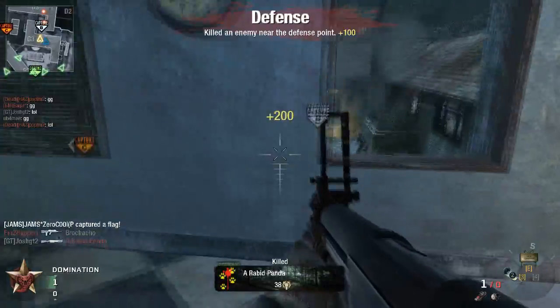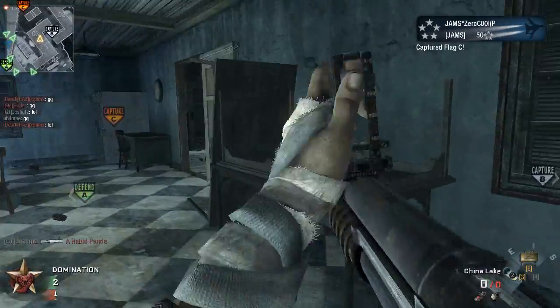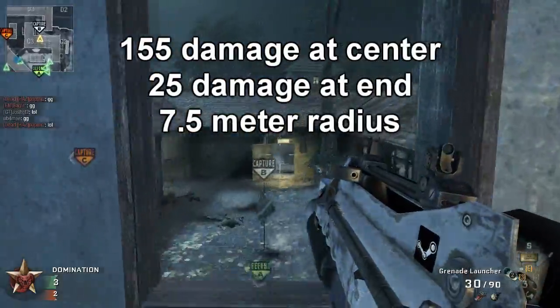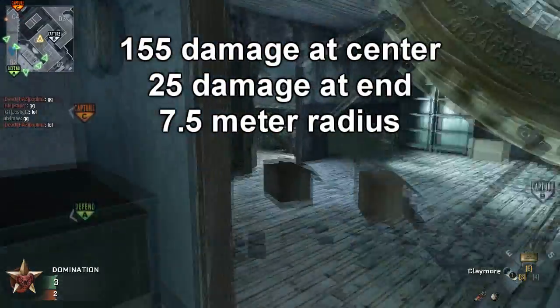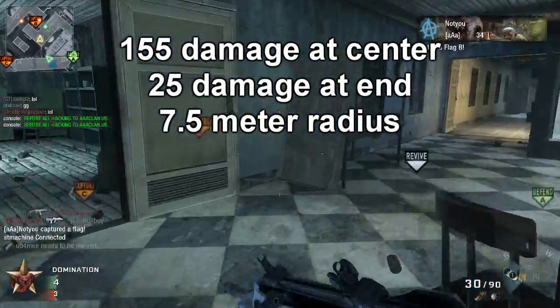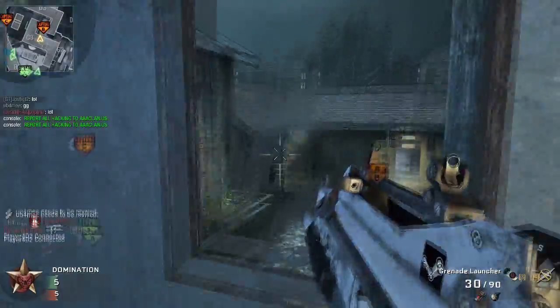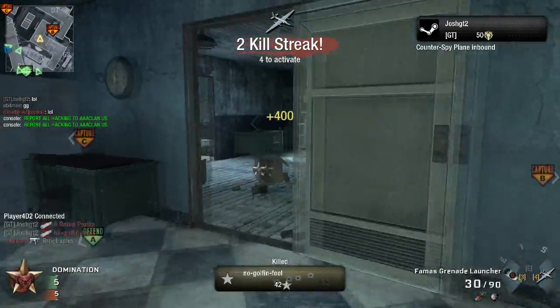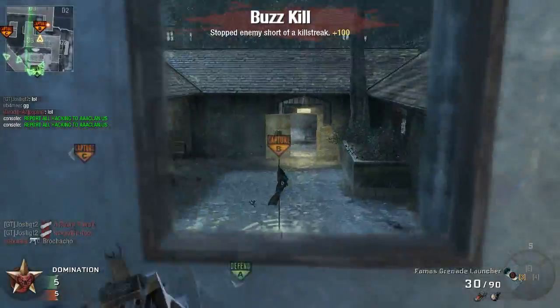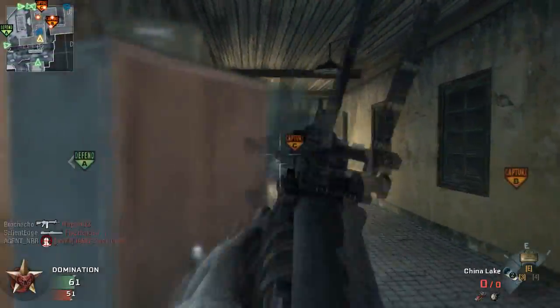Last but not least, let's talk about the China Lake. Damage-wise, it is exactly identical to the undermount grenade launcher. It has 155 damage in the center of the radius, 25 at the end, and a 7.5 meter entire blast radius, which is pretty large. Some people can survive at the outer edges of the radius, but it's not too likely unless they're wearing Flak Jacket Pro. I was talking about hardcore again. And normal people can scoot by these pretty well, so you're going to want to hit within about 3 meters